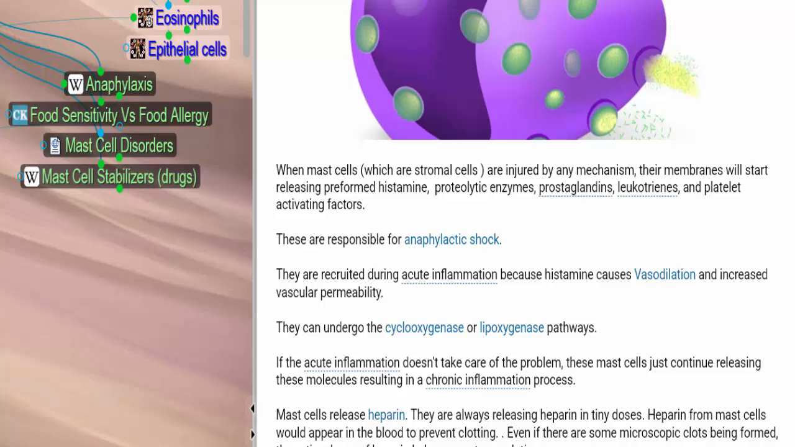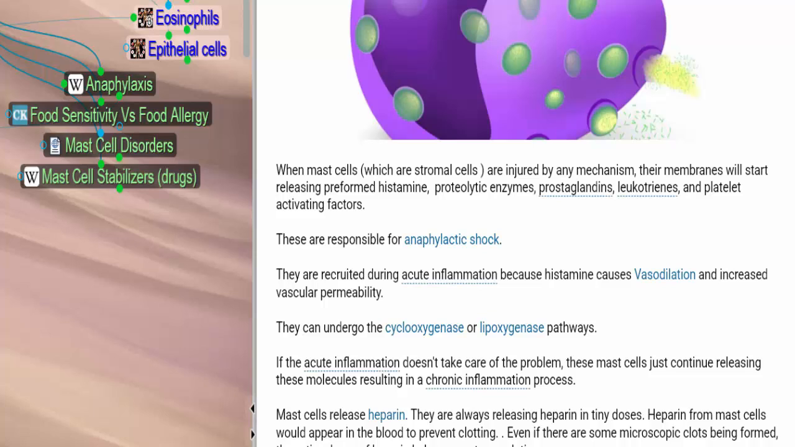They're recruited during acute inflammation because the histamine is one of the chemicals in those granules that's released. Histamine causes vasodilation and increased vascular permeability. If the acute inflammation doesn't take care of the problem, these mast cells just continue releasing these molecules, resulting in a chronic inflammation process. They release not only histamine, but also heparin, and they are always